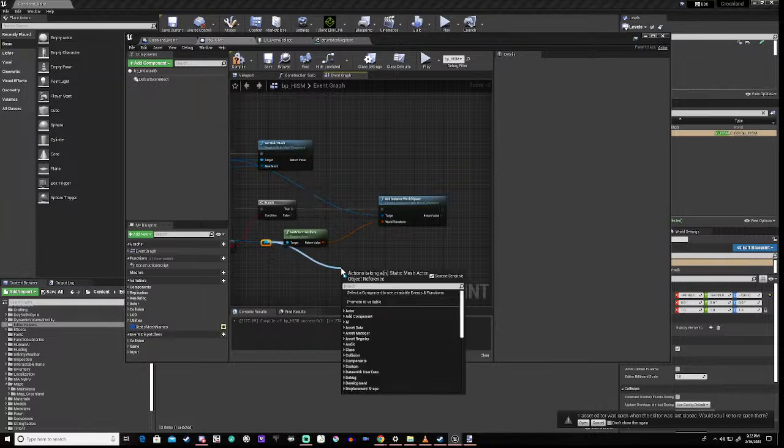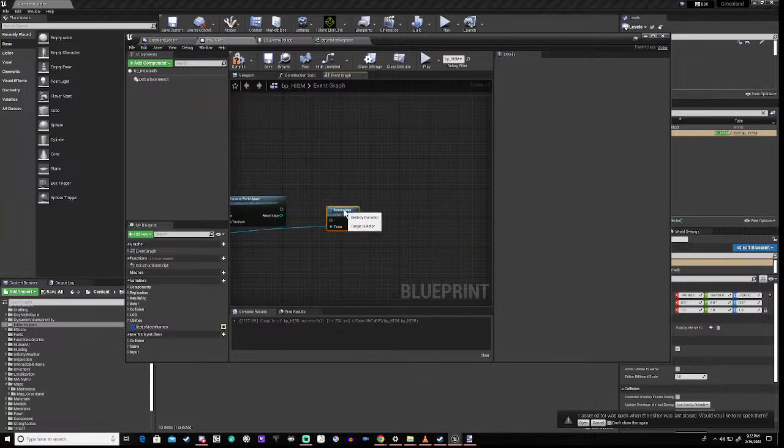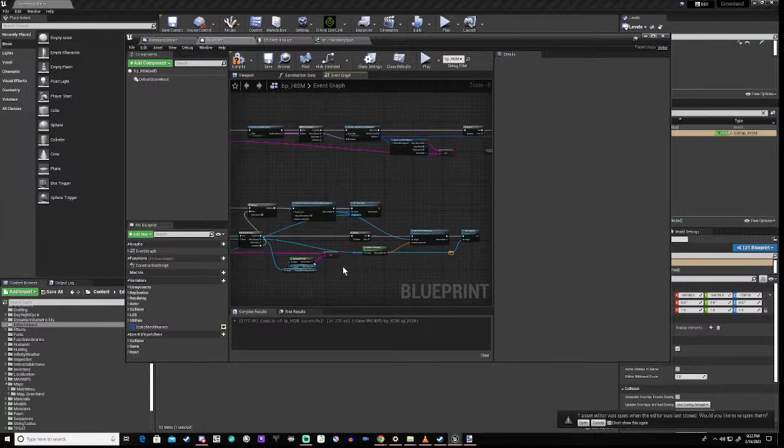Right, so we basically say destroy self, destroy actor, it's not a destroy self, it's a destroy actor. Okay, so what we'll do,